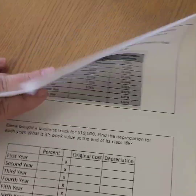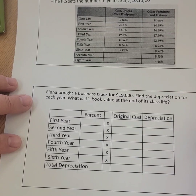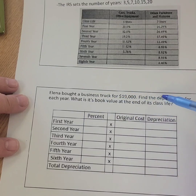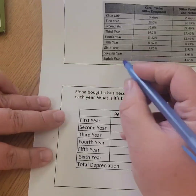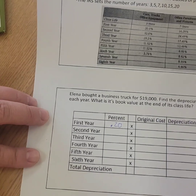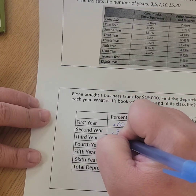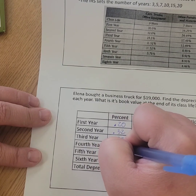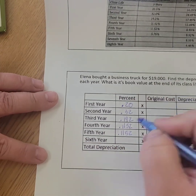Okay. So we have Elena bought a business truck for $19,000. Find the depreciation for each year and what is its book value at the end of the class life. So this is a car, truck, equipment. So the first year is 20%. So I'm just going to go ahead and change it to its decimal, and then 32%, then 19.2%, 11.52%, 11.52%, and then